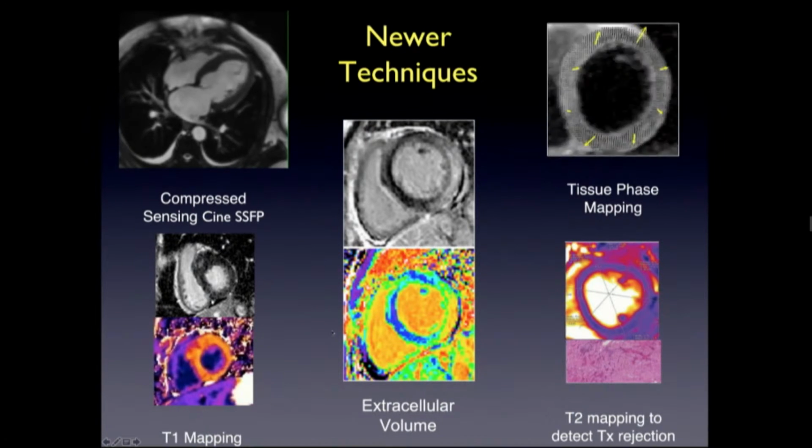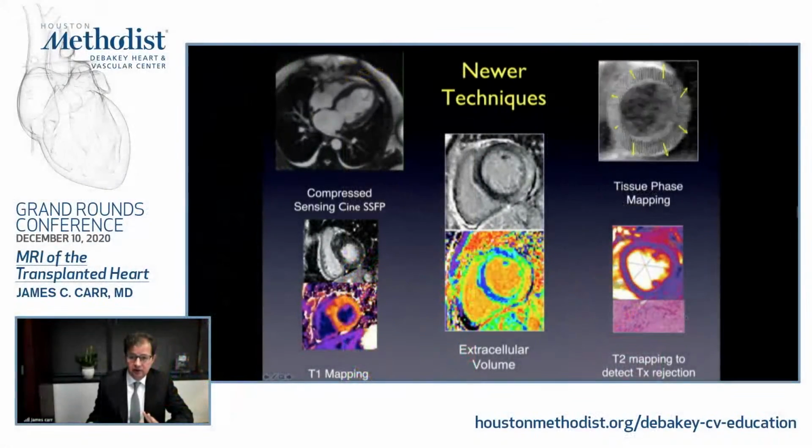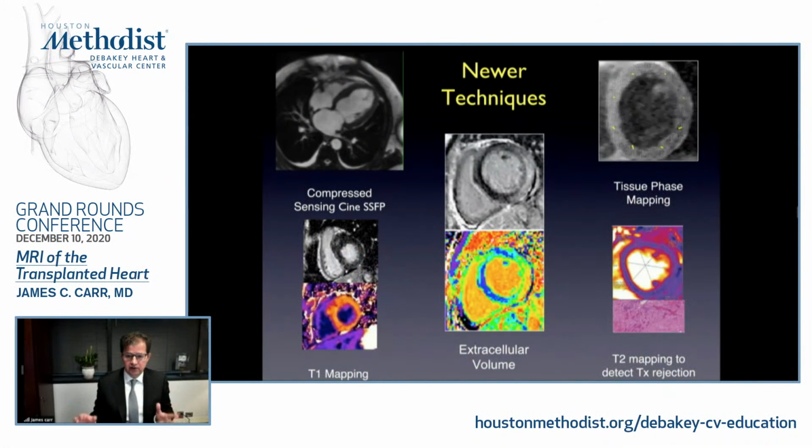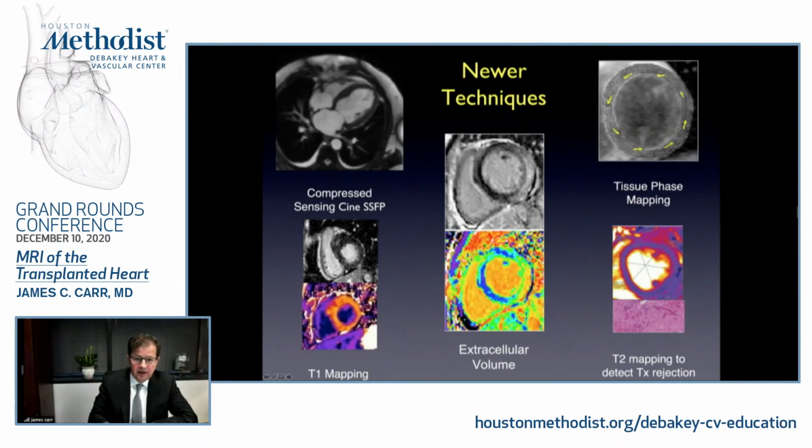T1 mapping and ECV are generally considered surrogates for fibrosis. T2 mapping is generally considered a surrogate for edema. So you can see potentially putting these together on top of your functional assessment, you could potentially reach a point where you could really characterize what's going on in the transplant heart. The other advantage of these techniques is that they are quantitative. So similar to a lab test, for example, if you get over a certain value, that's considered abnormal. So T1 mapping, ECV, and T2 mapping are really the equivalent of imaging biomarkers, essentially, for